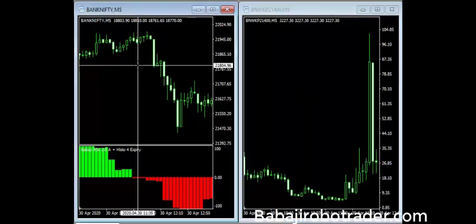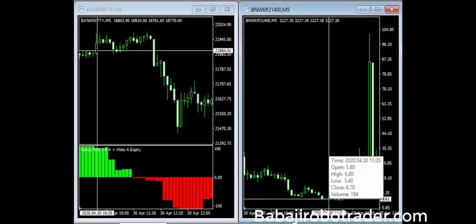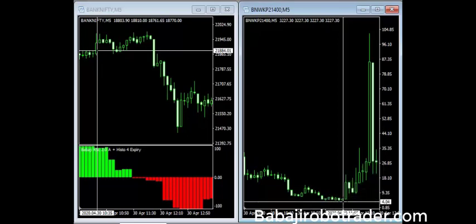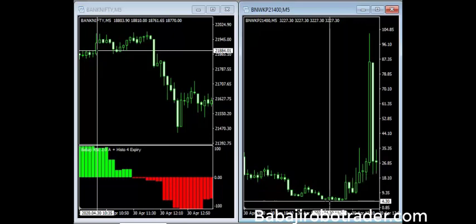We can see here the second bar timing is 11:35. We can see how it reacted on 11:35. This is the 11:35 candle. The closing price is 6 rupees 70 paisa. From here, within about 5 candles, it reacted up to 20 rupees at first. So here is our entry.